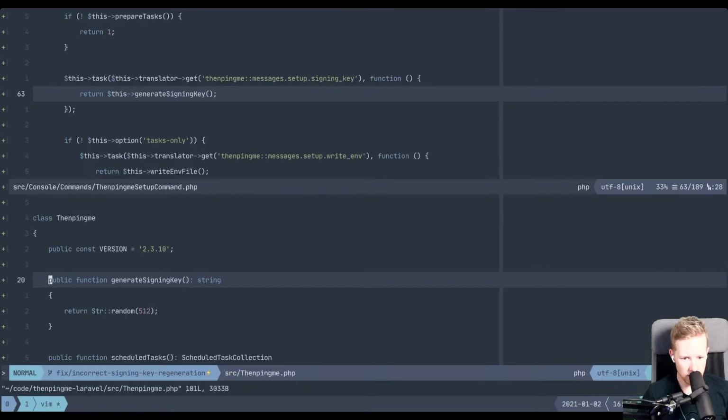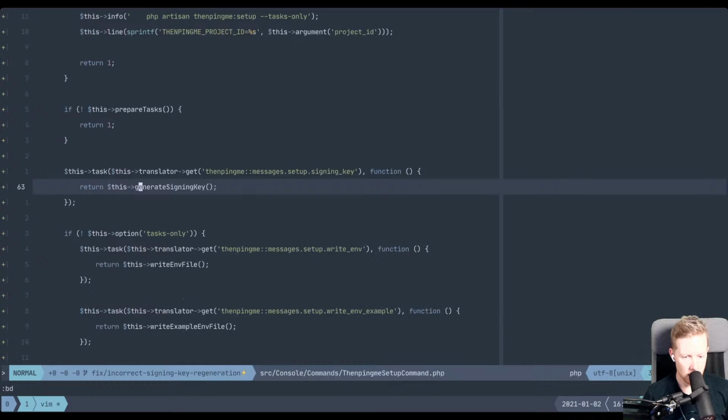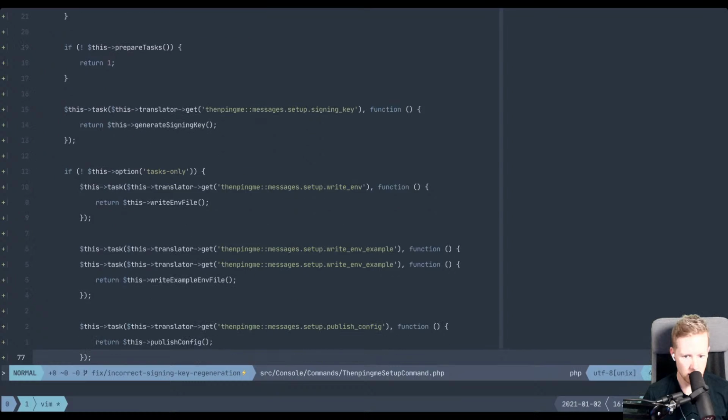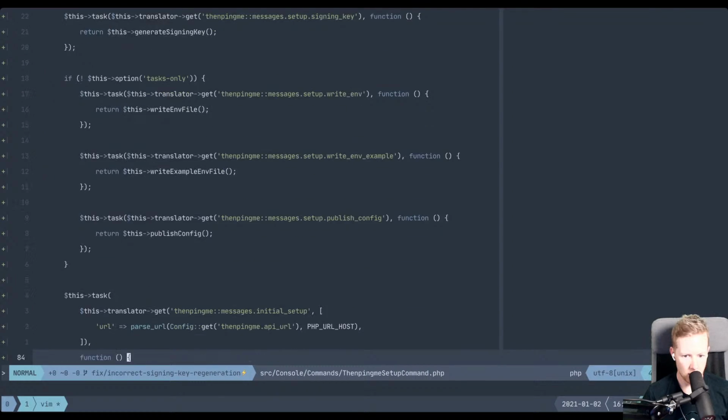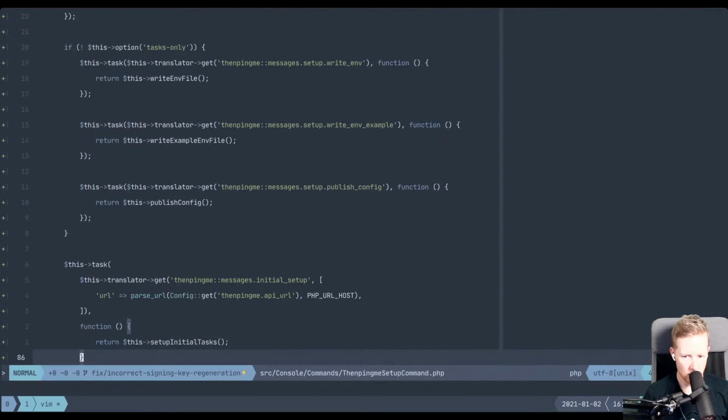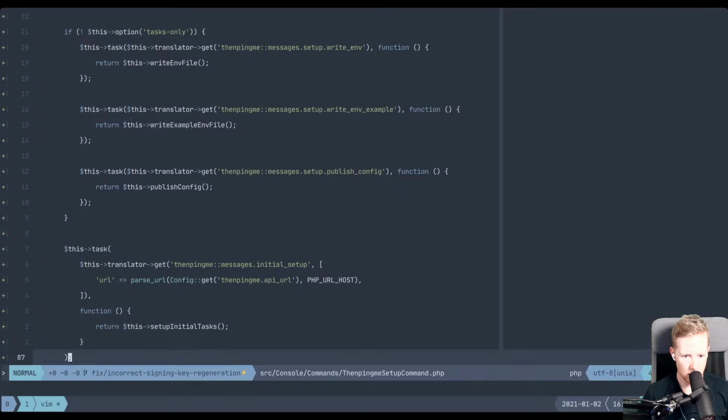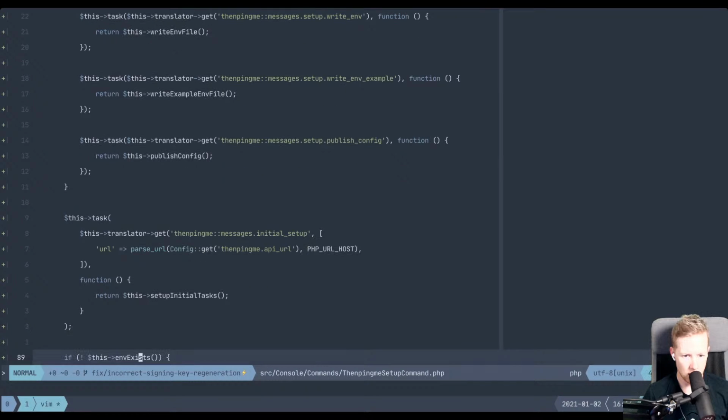Here, which just does that, which is fine. And then assigns it to the public property. And if we're not doing tasks only, tasks, do the initial setup,